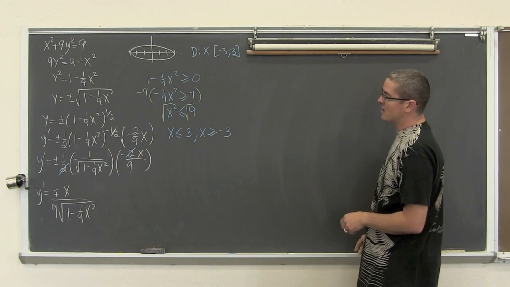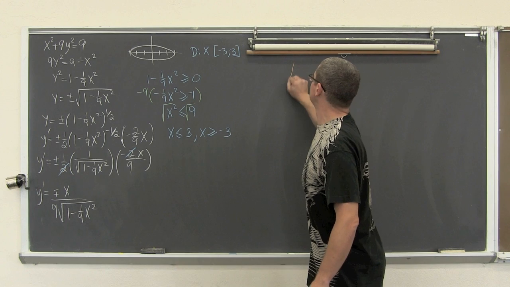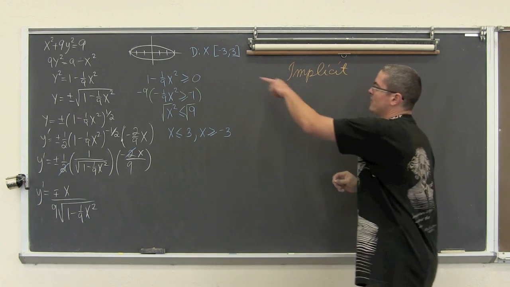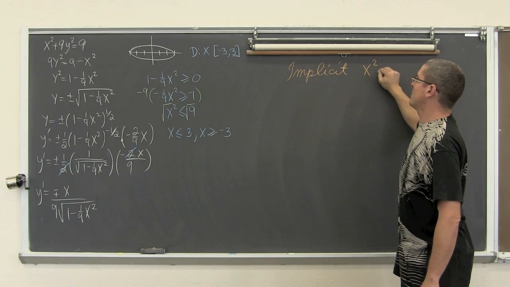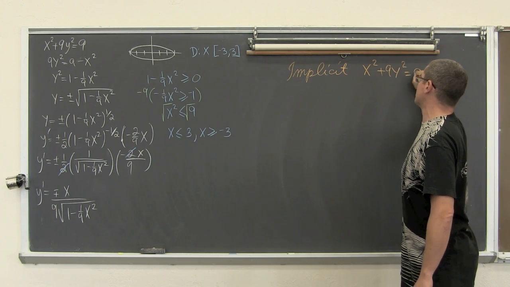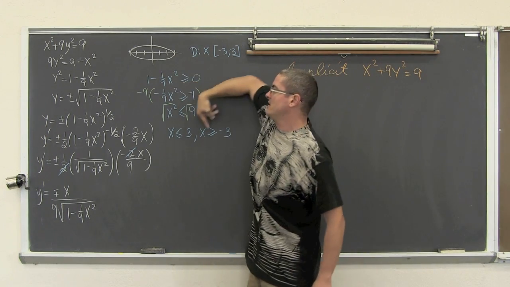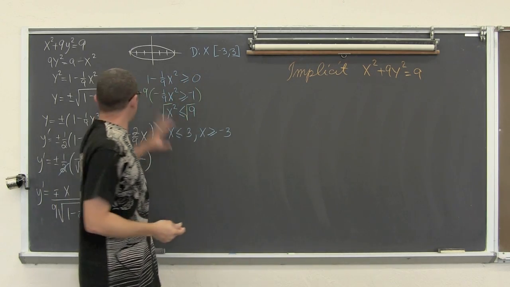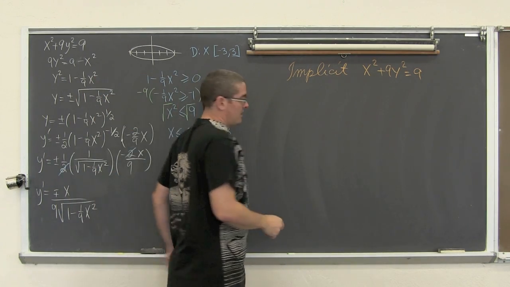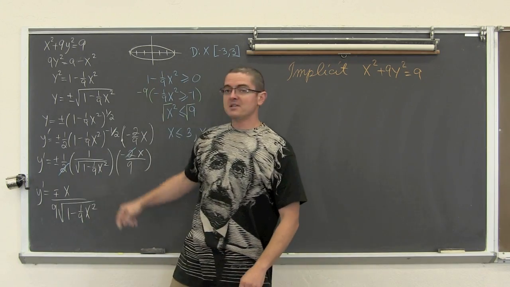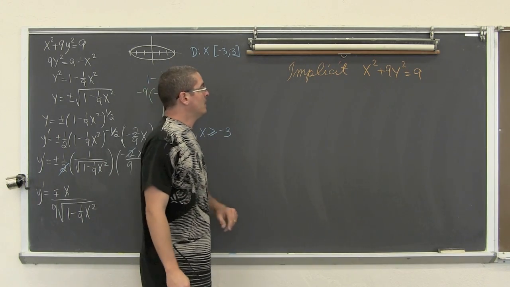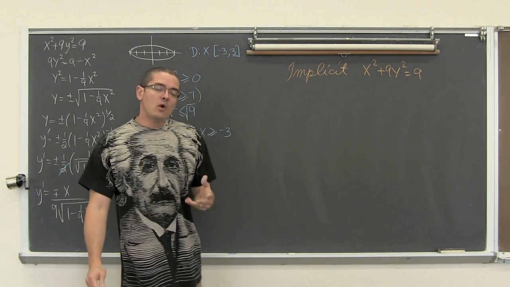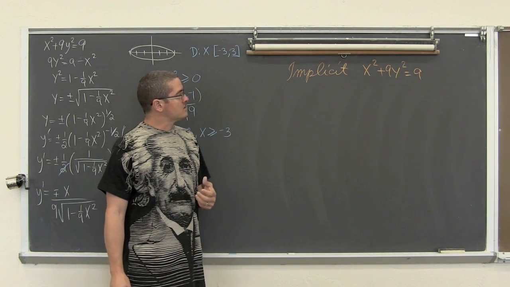So let's pick a different colored chalk just to highlight we're doing implicit. Pull that original function back over here, x squared plus 9y squared equals 9. I did a little extra talking here because I wanted you to see the function and understand its domain, but all the stuff in white so far is finding the derivative explicitly. Now we're going to do it implicitly. We're going to find the derivative of both sides of the equation with respect to x.